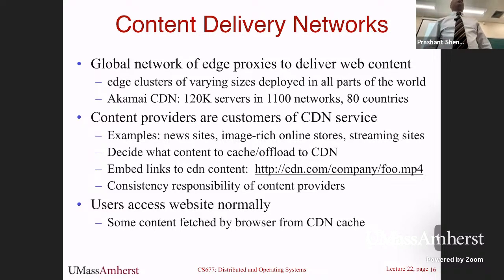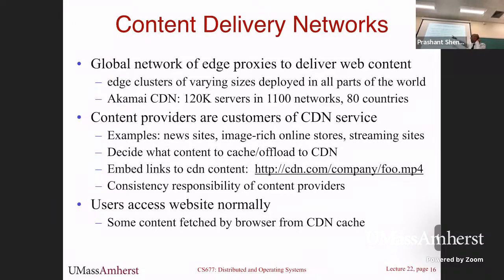So streaming high definition content from a far off server, you may have congestion on the network, so packets may get dropped, all kinds of problems might arise. But if you deliver it from the edge, perhaps there are only 2 hops to go. The probability of something going wrong is lower. So a lot of these content delivery networks are designed to serve this high-end content: images, video, audio,